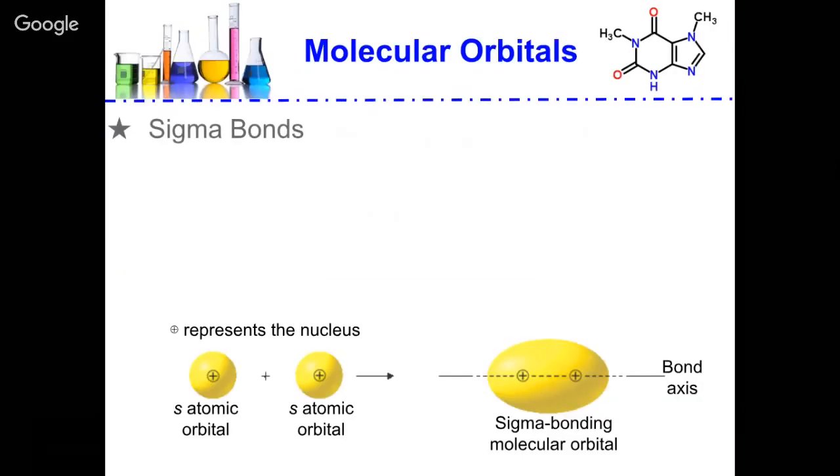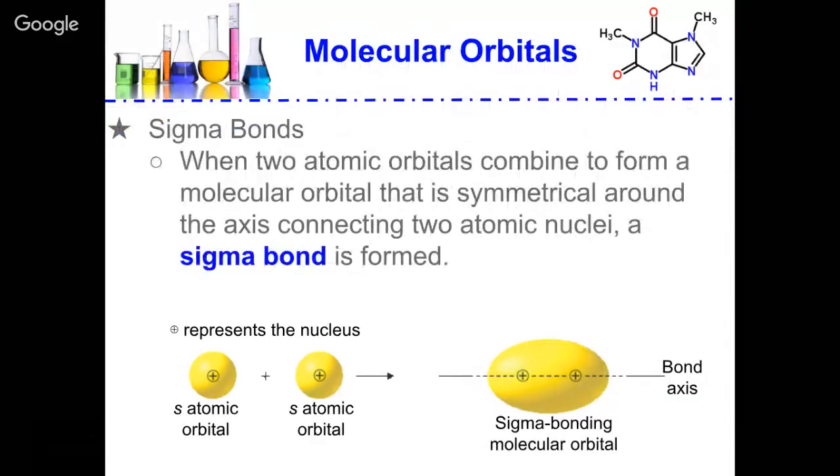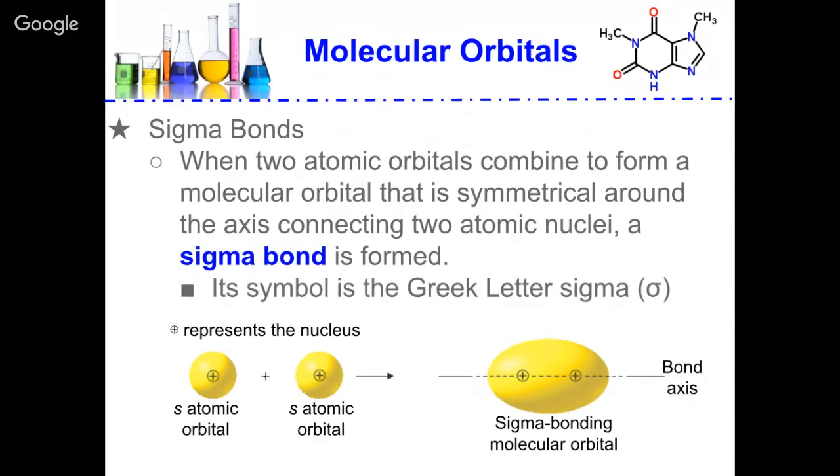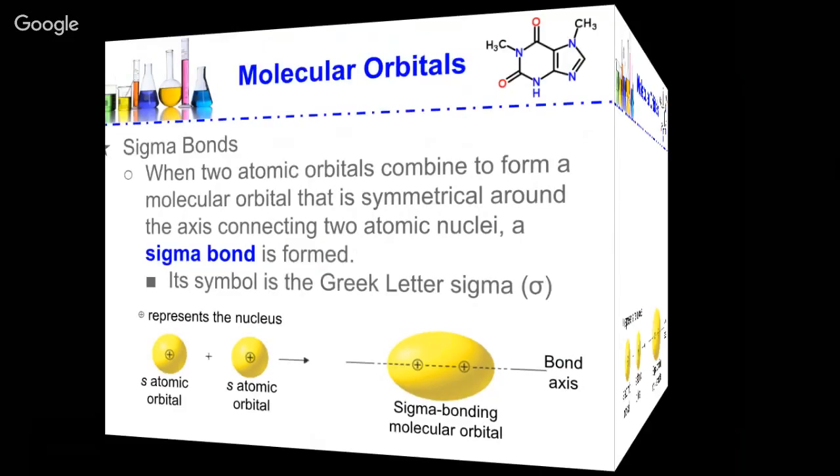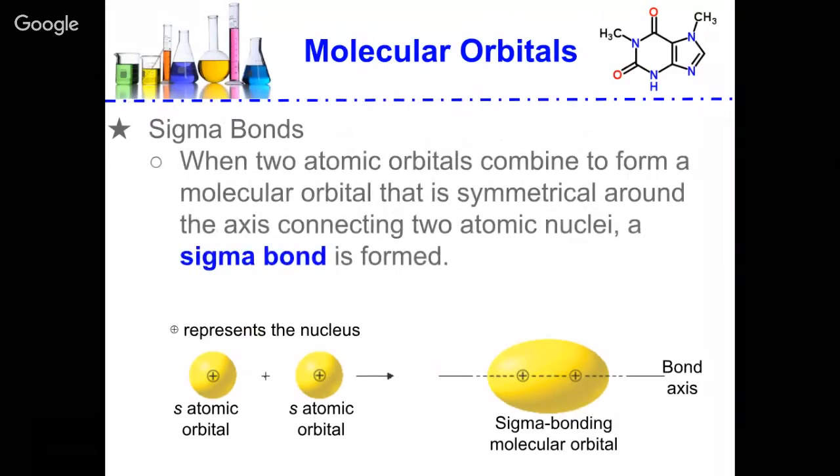So let's talk about some sigma bonds. When two atomic orbitals combine to form a molecular orbital that is symmetrical around the axis connecting the two atomic nuclei, a sigma bond is formed. So basically what happens here is that we have two s orbitals. Remember our shapes of orbitals, s, p, d, and f. So when we have two s orbitals that overlap, a sigma bond is formed, and it is given the Greek letter sigma. So when two atomic orbitals combine to form a molecular orbital,